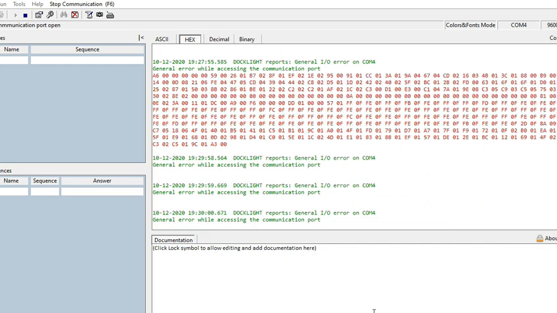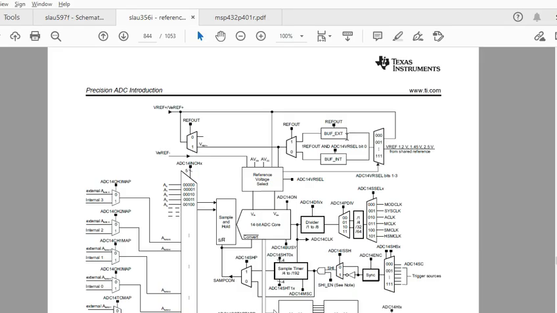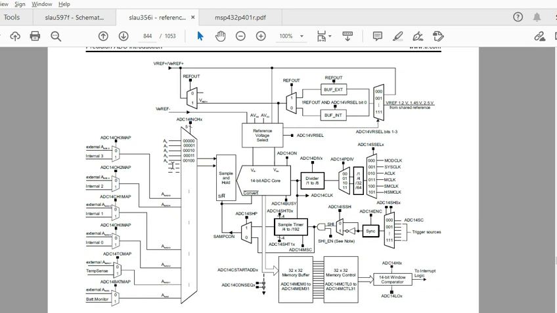Now if we go to the reference manual to understand the MSP432, you can see here, as we talked about, the multiplexer. This is the multiplexer where all the channels have been connected, and the output of this multiplexer is connected to a sample and hold circuit, and then there is an ADC core which converts this based on the VREF that is being provided here, and this is the clock that is being input, and then the output of this will be stored in ADC14MEM0. So that is how the internal configuration looks like.